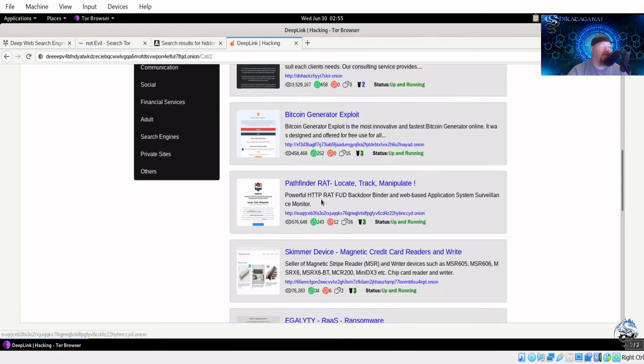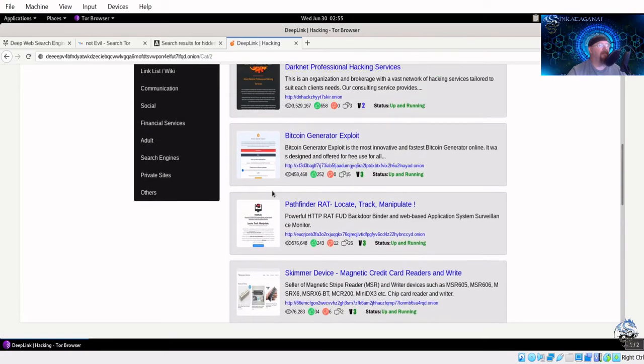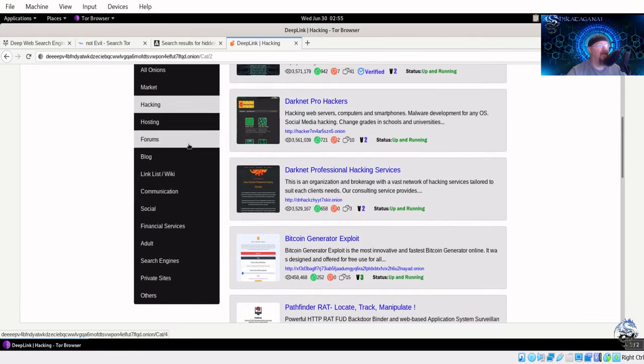Now, there's also some other ones that I've seen on here that are a lot more nefarious, like hire a hitman. If you want to pay for a hitman to kill somebody, you would essentially put Bitcoin into a pool, and if they provide evidence of video or pictures of the actual person being dead, then it releases the Bitcoin to them. It kind of holds it like an escrow. And that was Assassination Market, I think, was the name of one of them. Crazy stuff. Here's some ransomware as a service. Of course, you have your adult, social and communication sections and all kinds of cool stuff.